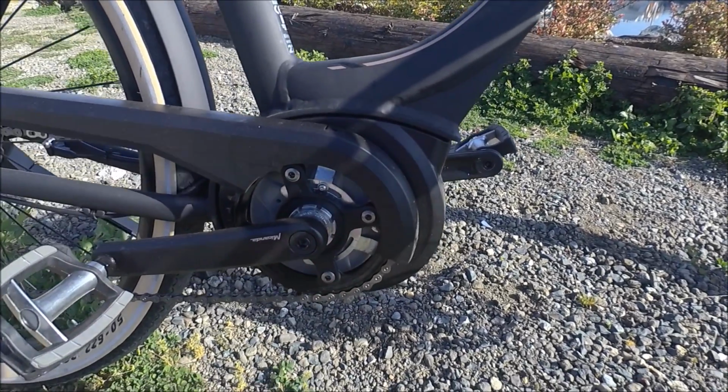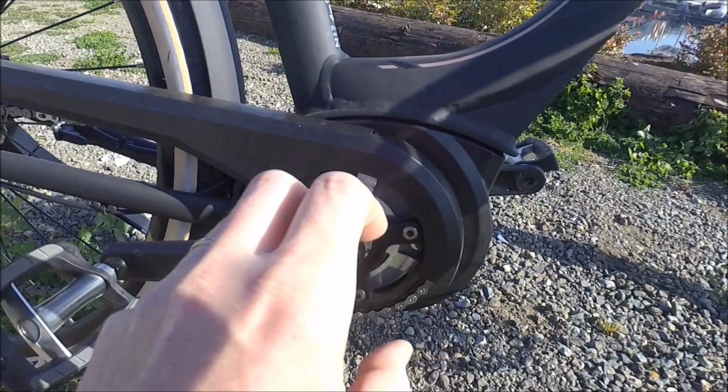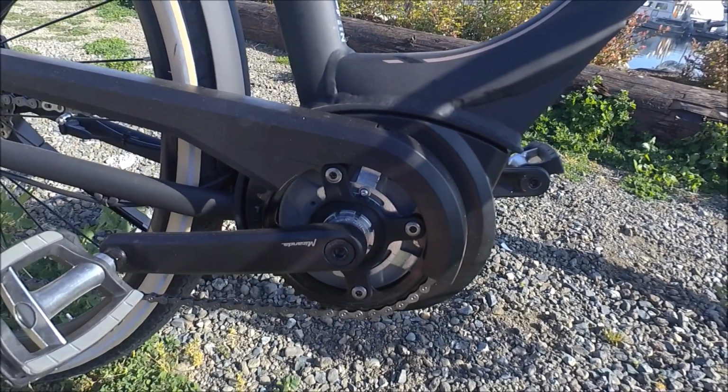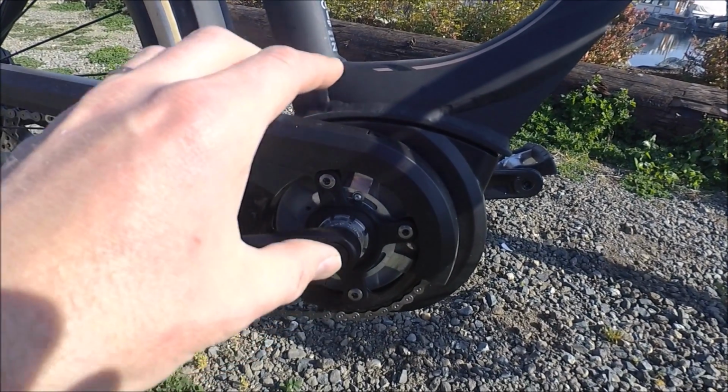So as I mentioned, this has actually got the new Bosch Active line, and so you'll notice a difference between it and the previous generation. Bosch has gone to a full-size chainring here instead of the smaller chainring like you find on the previous generation. What that allowed them to do is to remove the reduction gearing inside the motor, and that helped to reduce